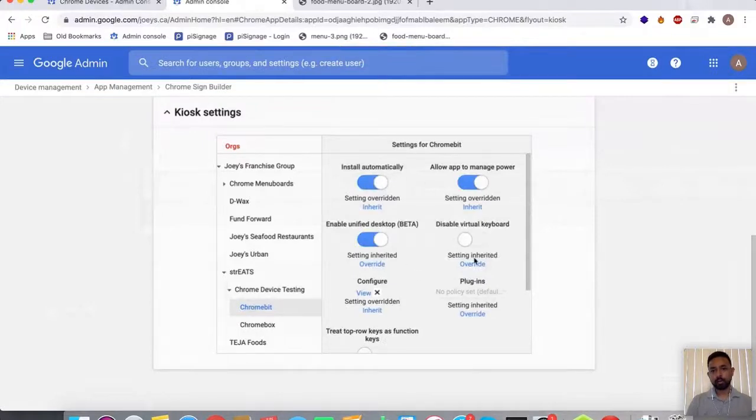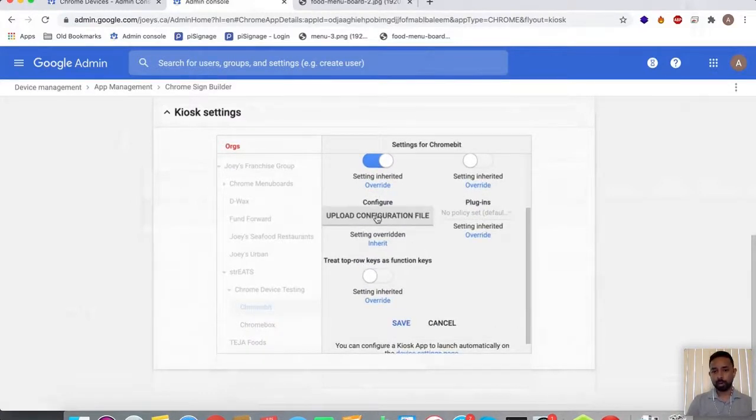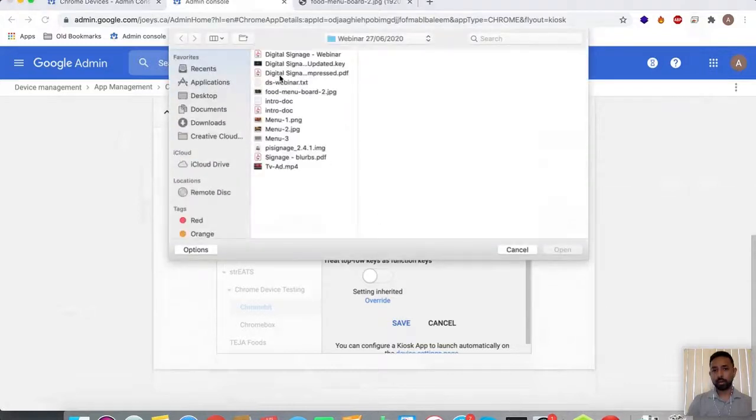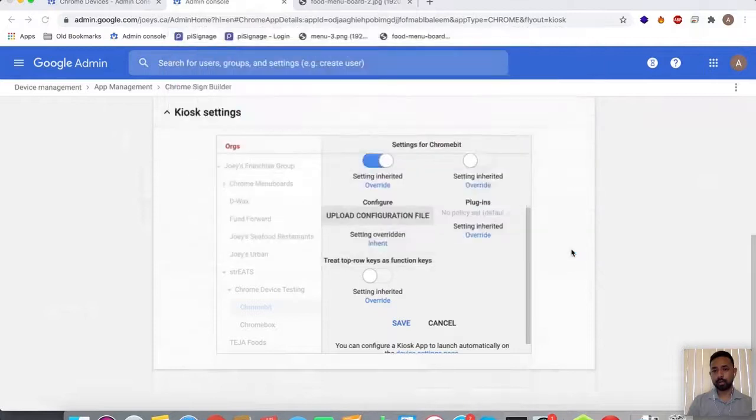Here, it has settings for the Chromebit. Whatever settings we upload here will be pushed over to the device. So here I'm going to upload the DS webinar text that we generated.